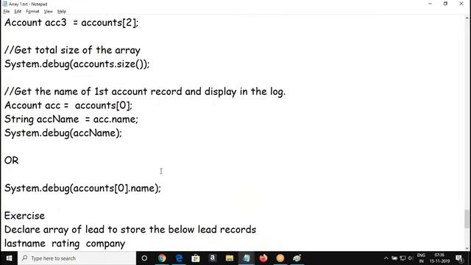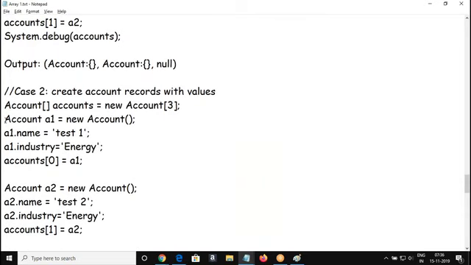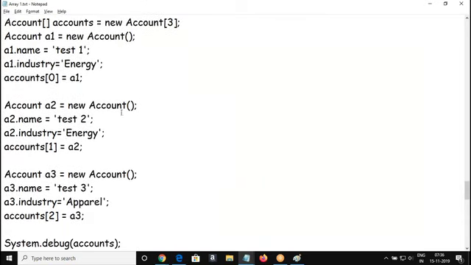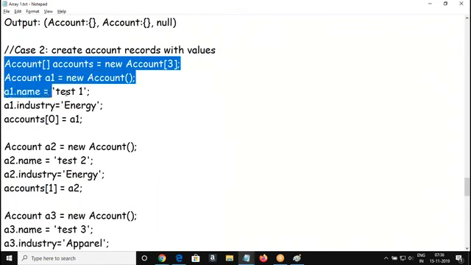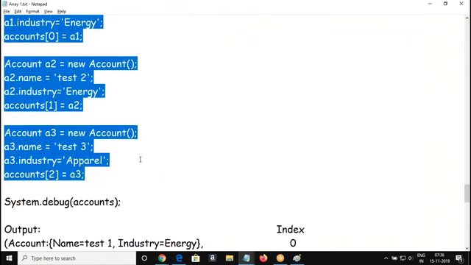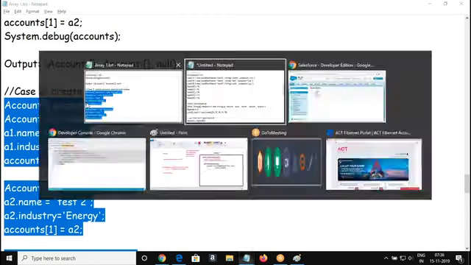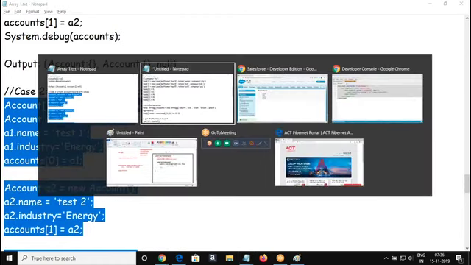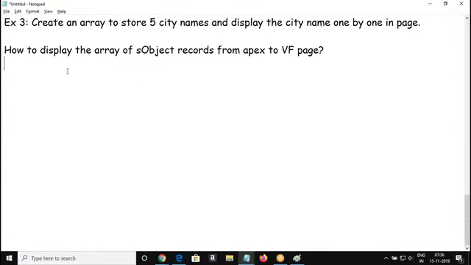I have accounts, and these are the records I have. This one I would like to display in my Visualforce page. So what example are you going to see?